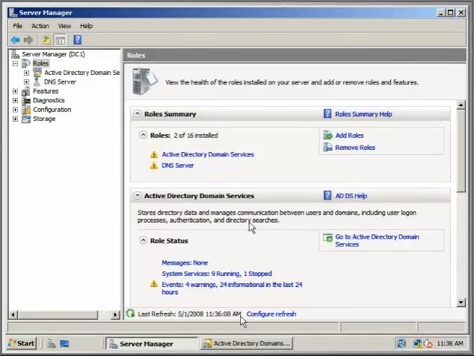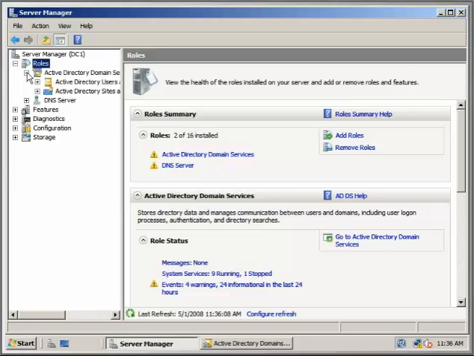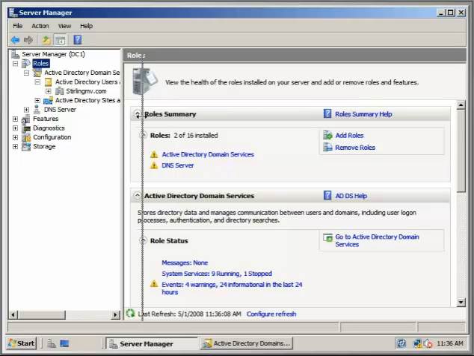In this demo, we're going to take a look at the Active Directory structure in Windows Server 2008. So you can see that I'm in my Roles area in Server Manager, and I'm going to just click on the little plus symbol here, and this will expand my Active Directory tree structure. So first of all, I've got Active Directory Users and Computers, and again you can see that my domain sterlingmv.com